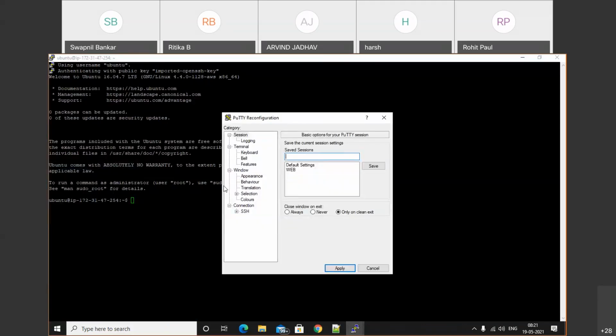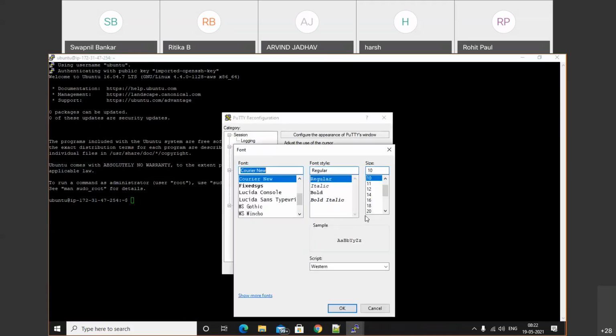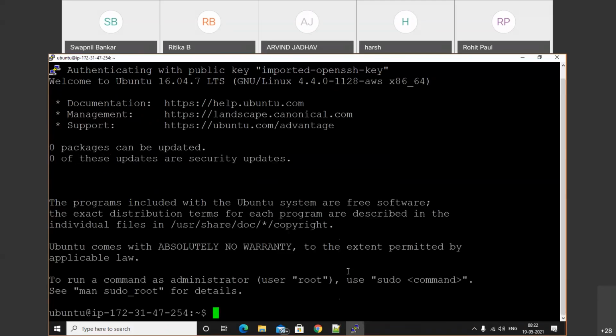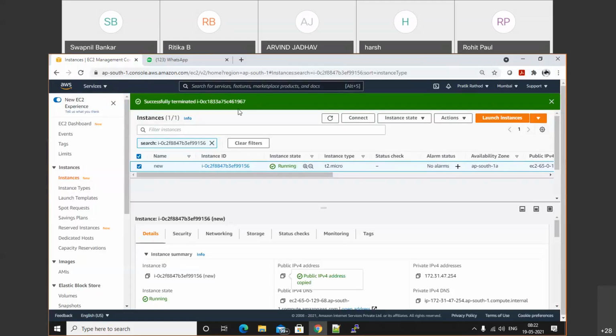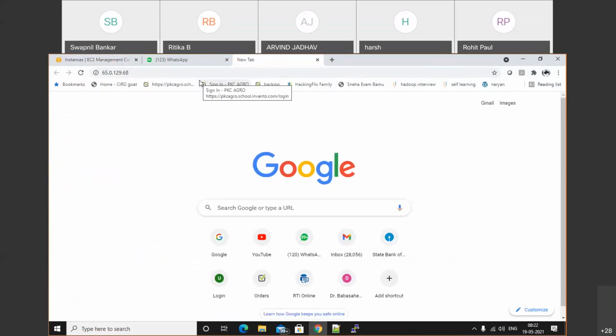Click on the settings. Click on the appearance. Change font as 20. Okay, like that. Now just copy the public IP address and click here and enter. Right now we did not get any information because we have not hosted the page.